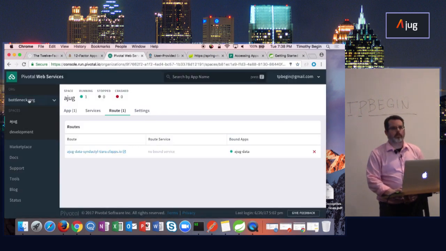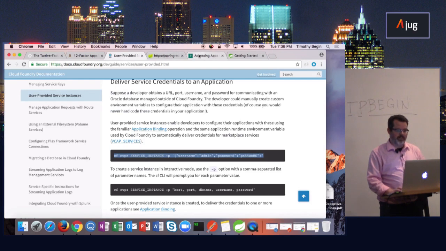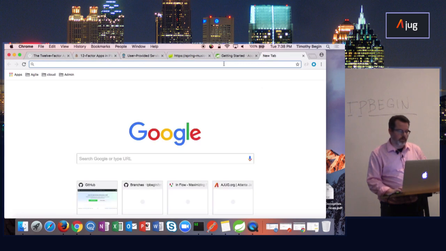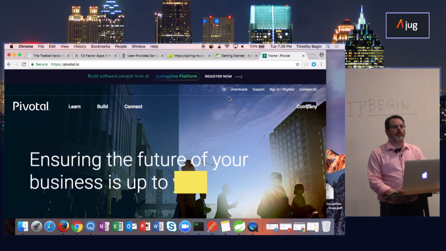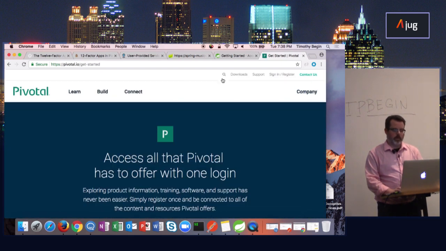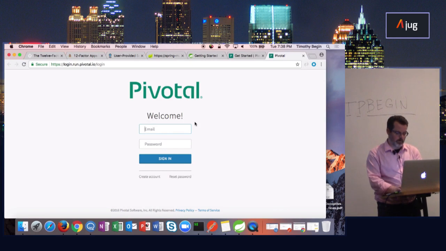So let me work backwards. How many people here have never, ever in their life seen Pivotal's dashboard? Okay. This is Pivotal's dashboard. Yeah, that was exciting. I happened to look down and I was like, there it is. Okay, so I'm going to go to pivotal.io. If you would like to get access to their dashboard and be able to create your own Pivotal application, you can register. I've already registered and signed in and given them a credit card, so they will happily charge me.